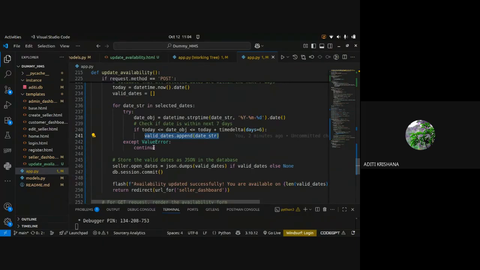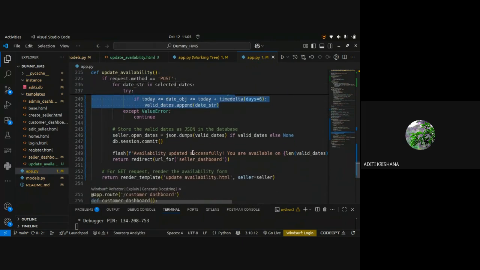This is also called error handling: if some error comes, a value error will be shown, and if things are correct, it will try this particular logic of saving the valid dates inside the valid dates list.